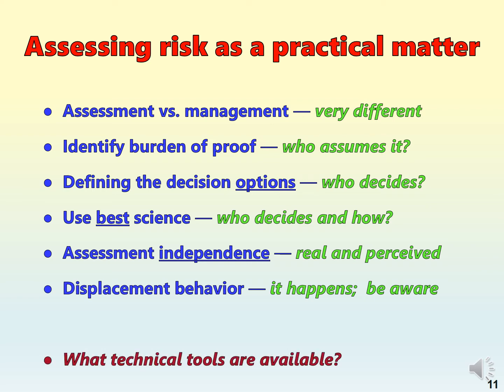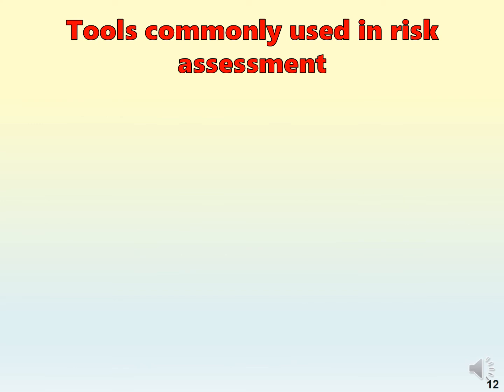Well, what technical tools are available in risk assessment? The tools commonly used in risk assessment are bioassays, and these have historically been the most common. You basically put an animal, usually a fish or some other aquatic organism, in an aquarium or some kind of small container, and you apply the stressor of concern, the chemical of concern. And these are surrogates for what? I mean, obviously fish don't live in a little aquarium. They live in the real world. So you've got to make the assumption that what you find in a laboratory can be extrapolated to the real world with all the other confounding interactions going on.